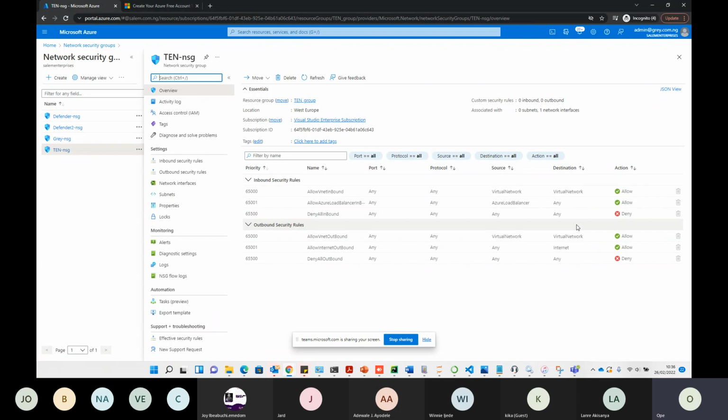So you can see that this is how an NSG, the network security group, looks like. And I have